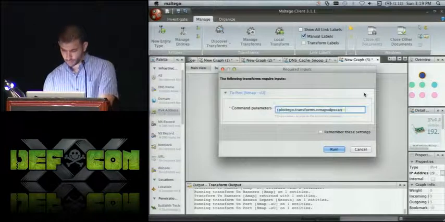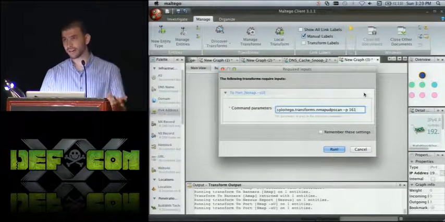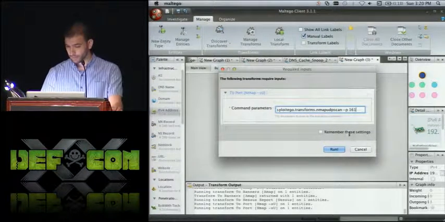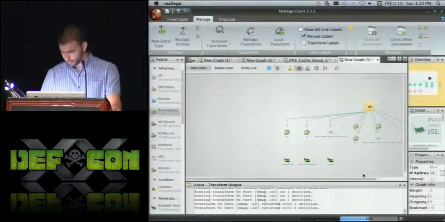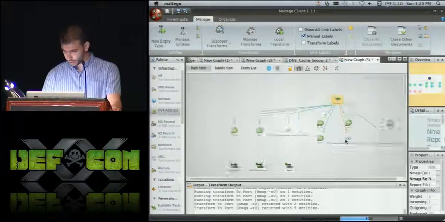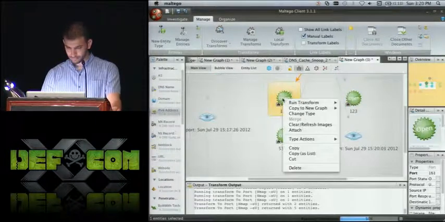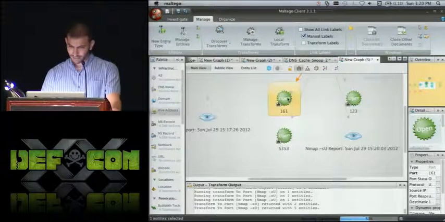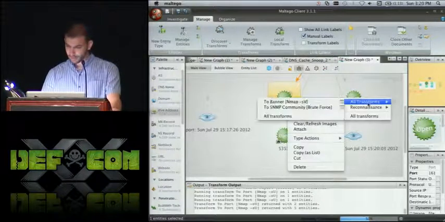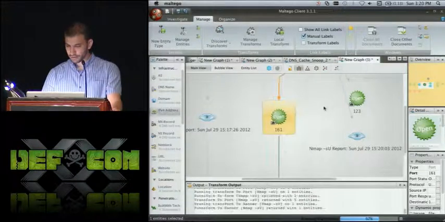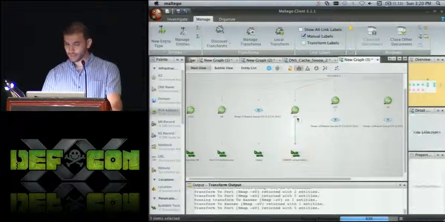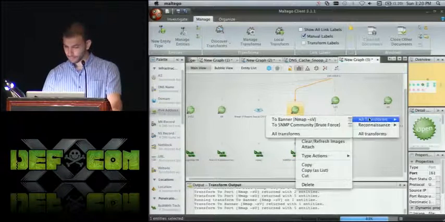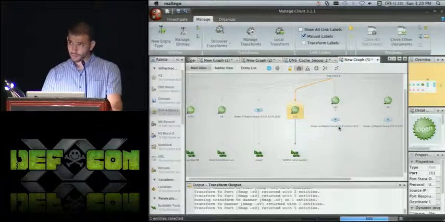So there we go. So I can do a -p161, and that's going to pass it to Nmap. So I'm just going to cheat a little bit because I know that service is actually running, and there you go. You got a UDP scan right there. And so from here, we could have done a service check. I know it's Nmap, but let's just pretend this SNMP string is not there. I can do an SNMP brute force.